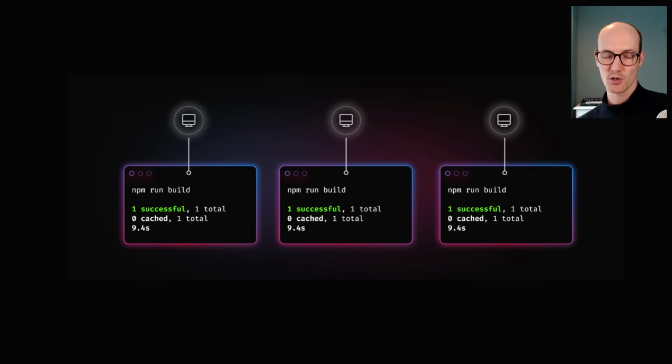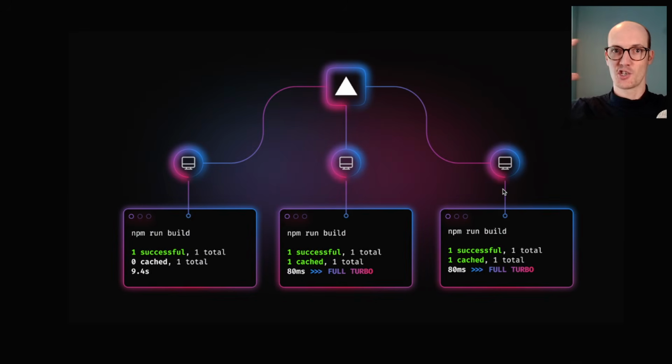This cache is pretty cool when it's just local to your machine, because it means your tests and your linting will run faster, but it's really good in multiplayer mode. So imagine this one is you, this one is your colleague, and this one is your CI, for instance, on Vercel. They've all got to run the same build, but what if they shared the same